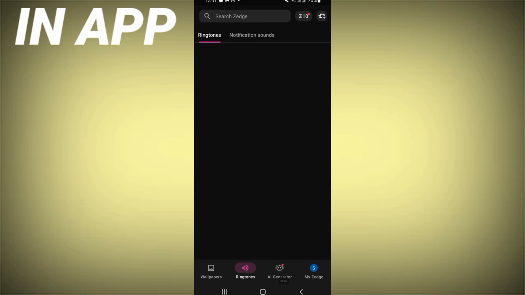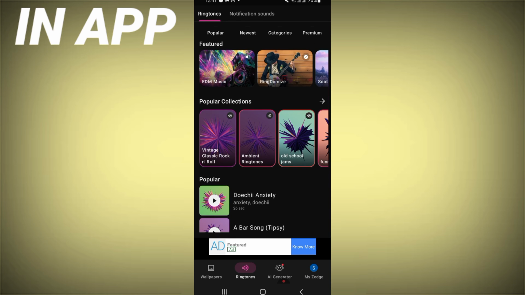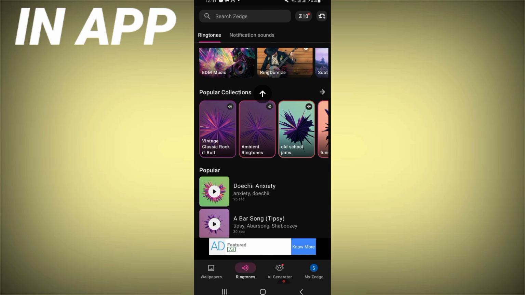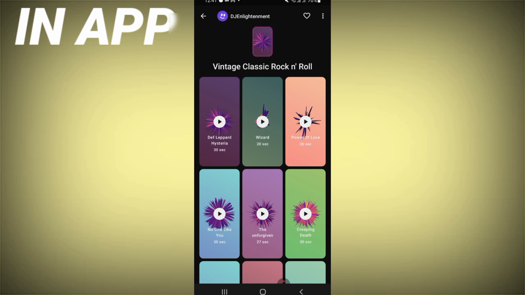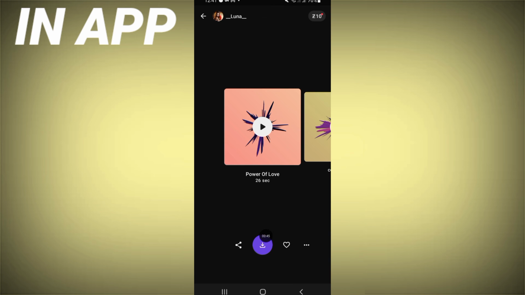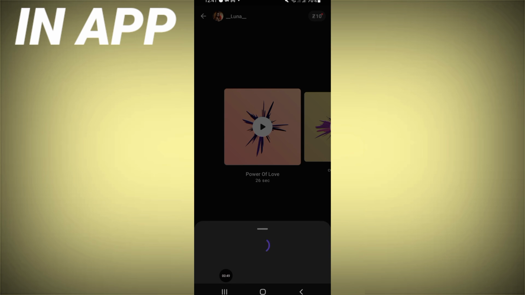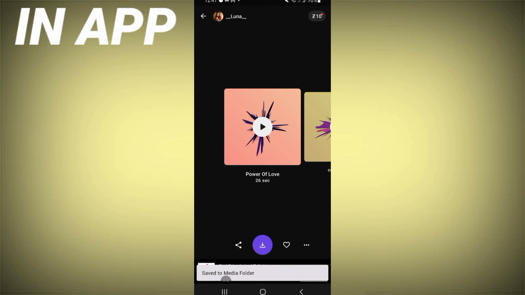and right now we will choose or search for a specific ringtone collection. For me, for example, I will choose this one, vintage classic rock playlist, and I will choose one from here, for example, Power of Love. And to download it, just click here, and you should click save to media folder, and that's all